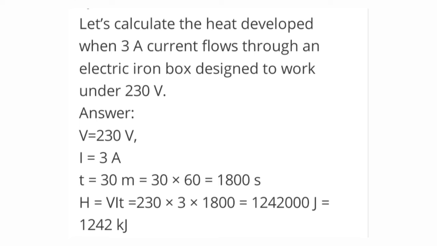Answer: V is equal to 230 volt, I is equal to 3A, T is equal to 30 minutes, that is 30 into 60 is equal to 1800 seconds. H is equal to V into I into T is equal to 230 into 3 into 1800 is equal to 12,42,000 joule,